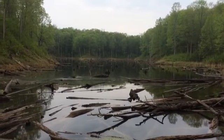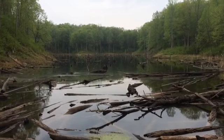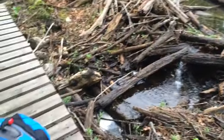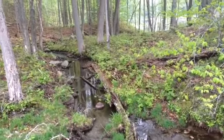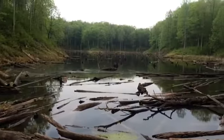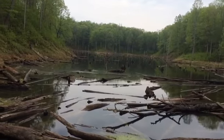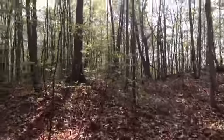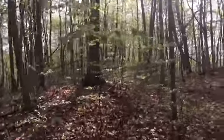There's an old, what was a forest. You can see all the trees the beavers took down in there. Dammed this up. Thank you for the bridge, by the way. And then heads down this little stream out into the lake. Beauty. Look at that, though. The destructive force of the beaver. I hope this comes through on the camera, but the sun's just getting to that spot where the forest's starting